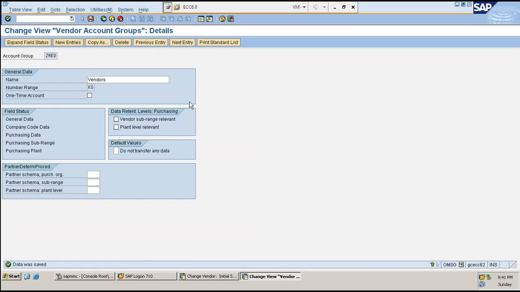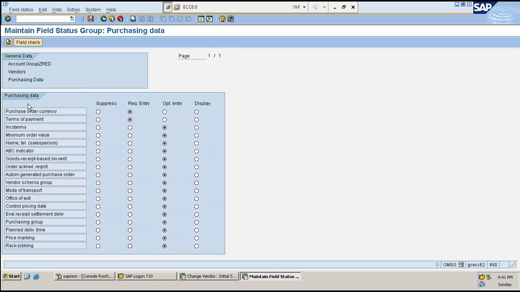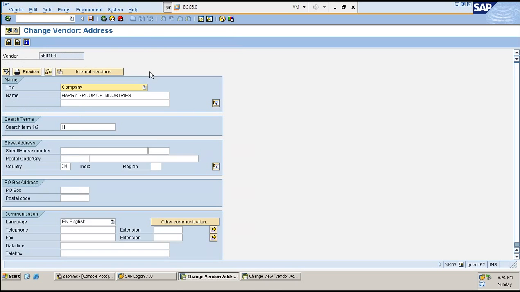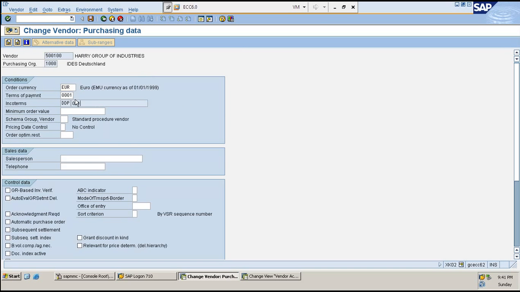500100. Now what I'm going to do is go to the same purchasing data. I'll make this encode terms display mode. What happens is, you see this?